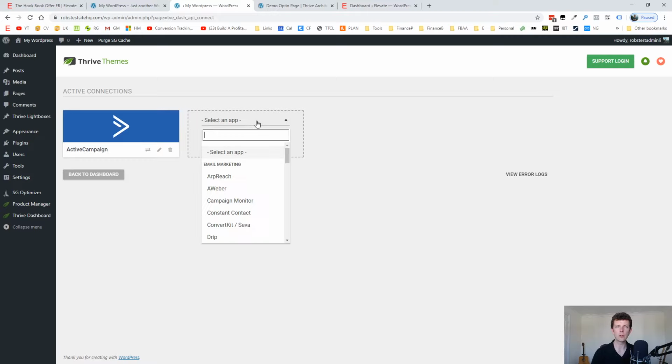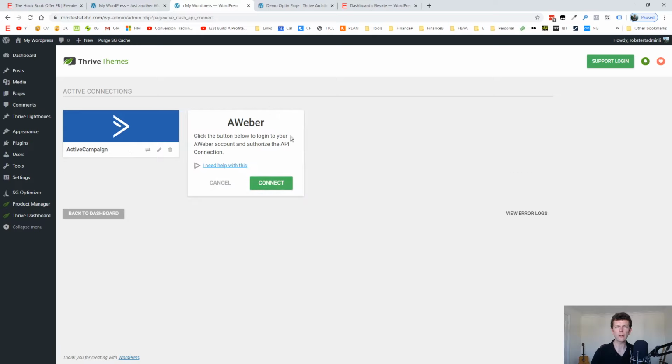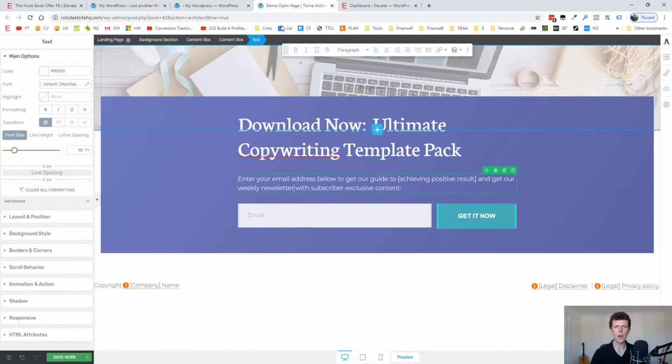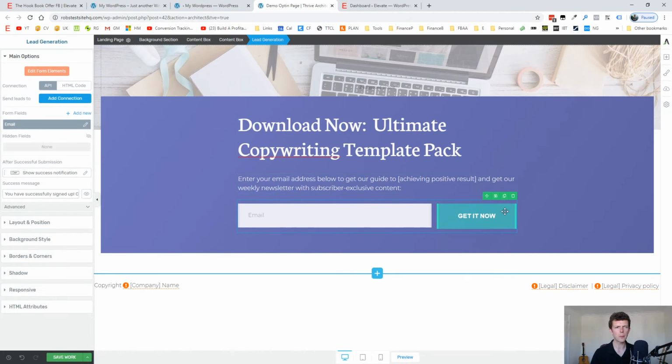So again, if you wanted to integrate AWeber, if you use that, you just go to AWeber. If you use Drip, you go to Drip. All you'd have to do for AWeber is click Connect, enter your credentials to log in, and it's done. It's connected. It's very, very point and click. So once you've done that, then you can go back to your page and click on the button,